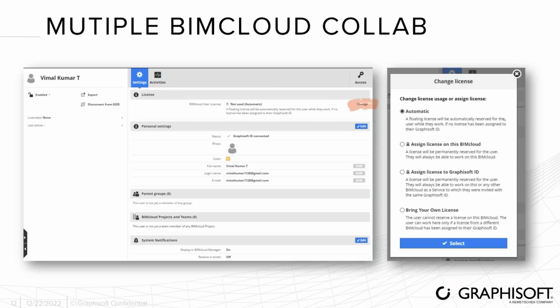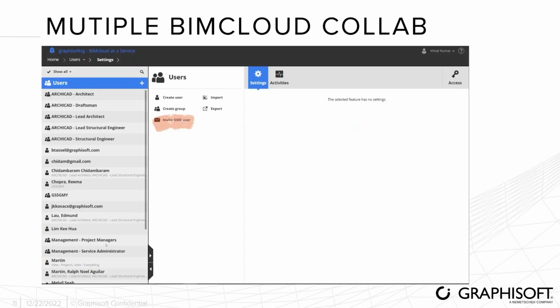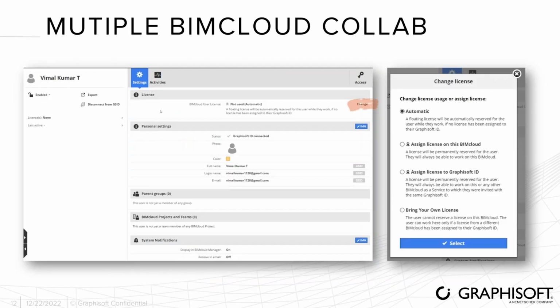Then after which, now I have already invited this Vimao in. So when I click on Vimao's name, over here, I'll be able to see all this information: the license information, the personal settings like their full name, login details, and if they are under any groups or BIMcloud projects and teams.